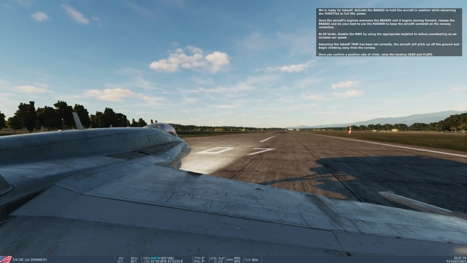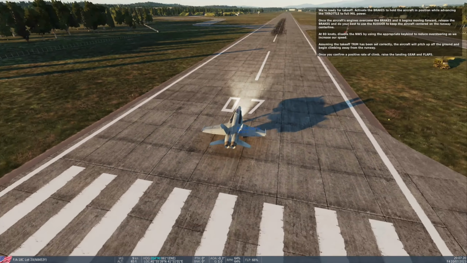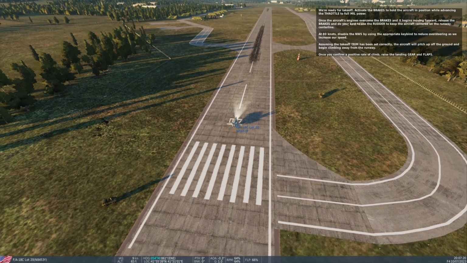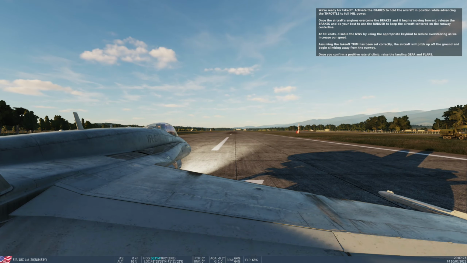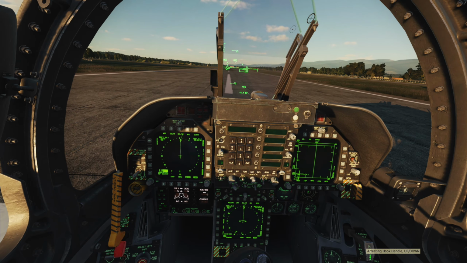We're ready for takeoff. Activate the brakes to hold the aircraft in position while advancing the throttle to full mil power. Once the aircraft's engines overcome the brakes and it begins moving forward, release the brakes and do your best to use the rudder to keep the aircraft centered on the runway centerline. At 80 knots, disable the nose wheel steering by using the appropriate keybind to reduce oversteering as we increase our speed. Assuming the takeoff trim has been set correctly, the aircraft will